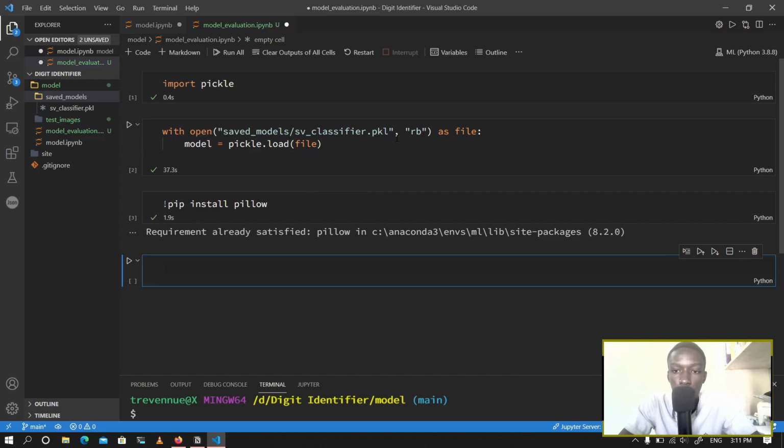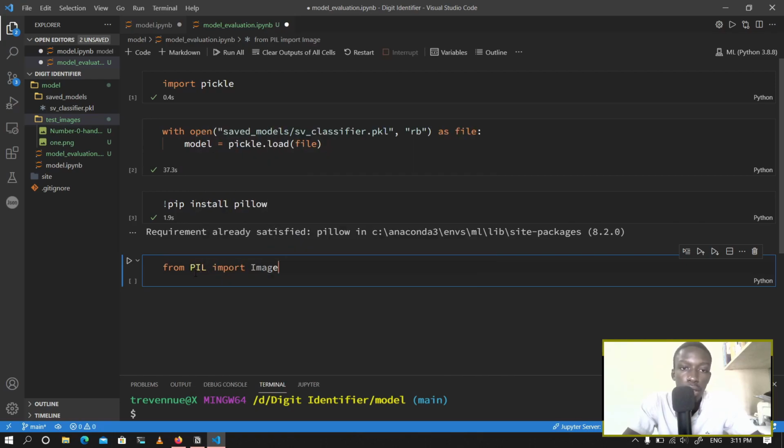Apparently pillow is already installed, so I'm just going to use it. I'm going to load one of the test data, the one I named one. I don't know why. So I'm going to, from PIL